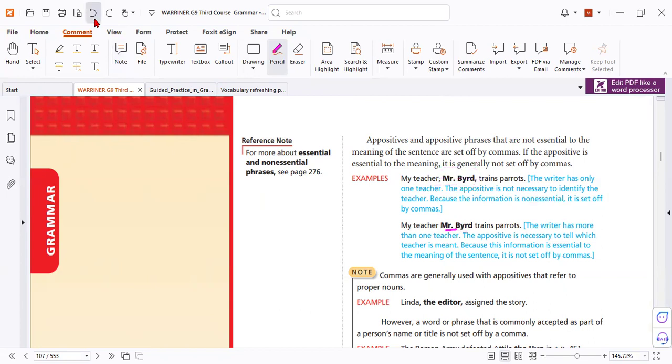Take the example, my teacher reads cards. If I delete it, it means my teacher is known. I know my teacher. People know my teacher. I have only one teacher. So there is only one teacher. So why should I say the name? Like when you say my father, I understand that you have only one father. Should you tell me the name? No, because we already have one father and I know him.